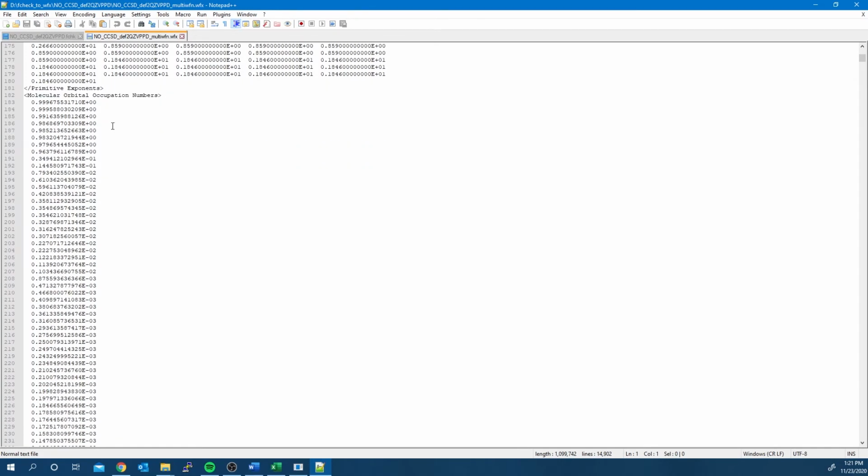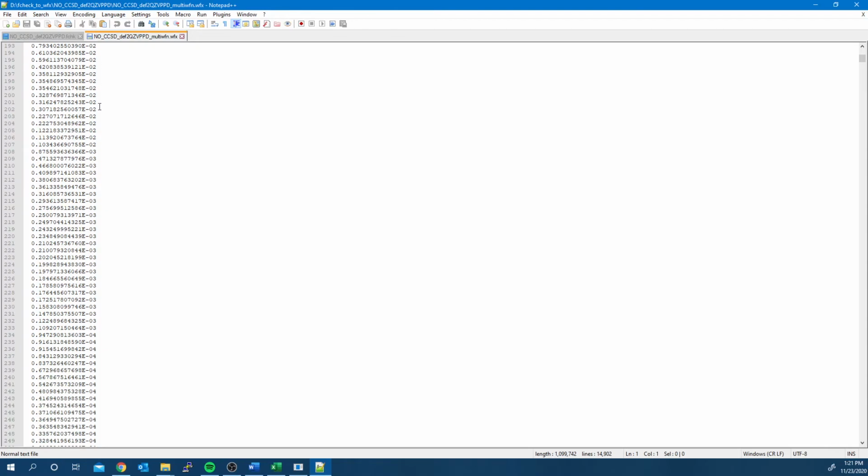Look how the occupation numbers approach zero scrolling down and then larger numbers as in the beginning appear. This is due to the density matrix being diagonalized by choosing to have alpha and beta densities separated.